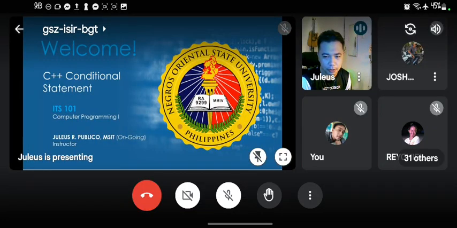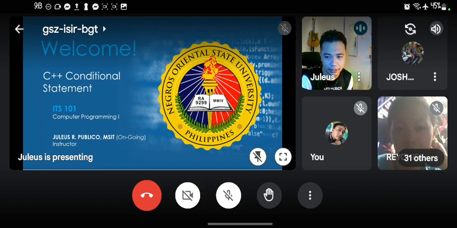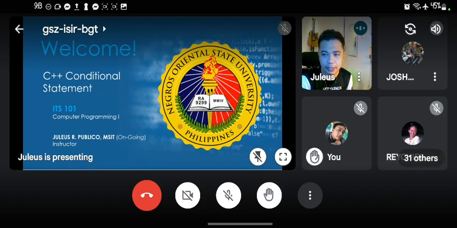Electronic songs using instruments. So I accidentally opened that application just a while ago. Maybe you've seen it, and it messes up the audio. So I think it's okay now. I just restarted everything. All right, so let's start.